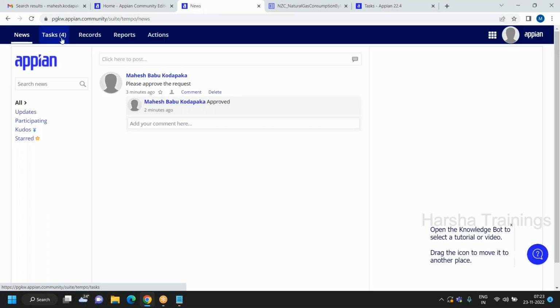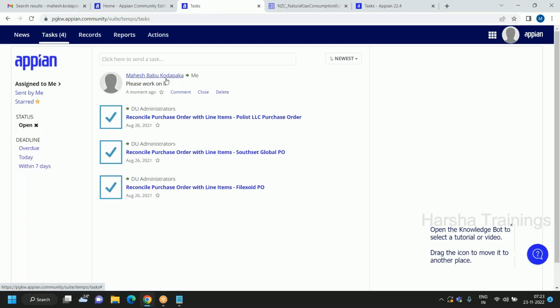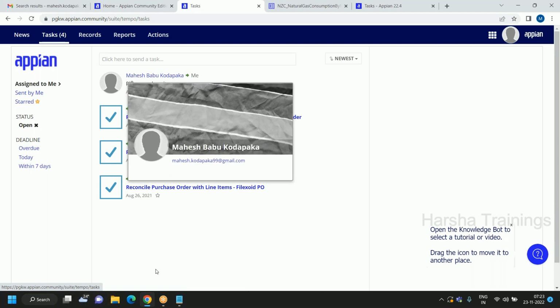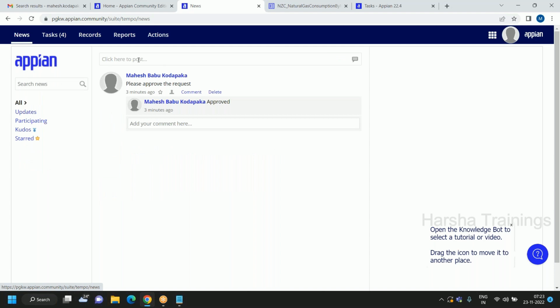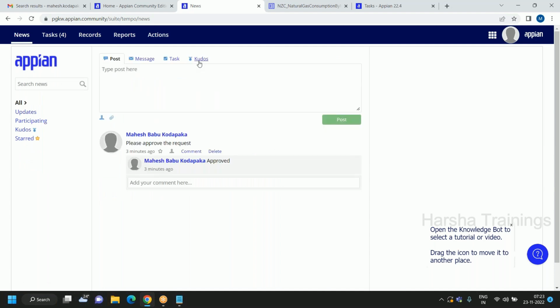Now see, there are four tasks on my tab. Like this, if my manager sends a task to me, then the task will come to my task tab. And another one is kudos. Kudos is nothing but appreciation. How it will work, suppose I'm